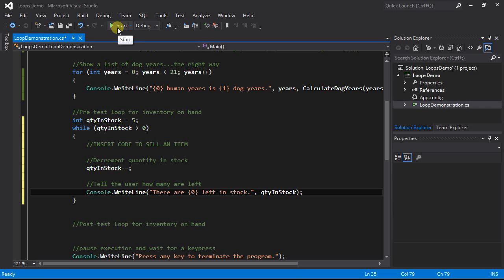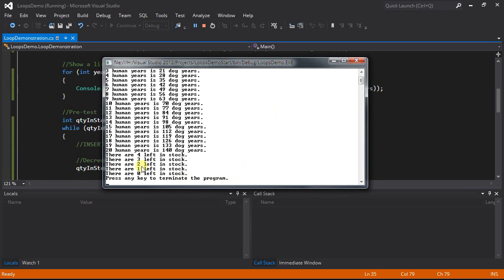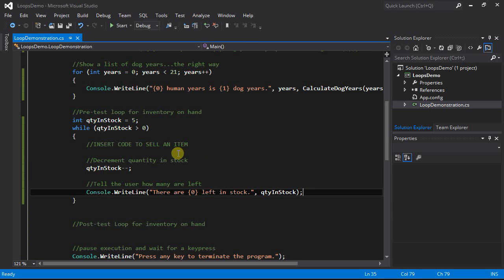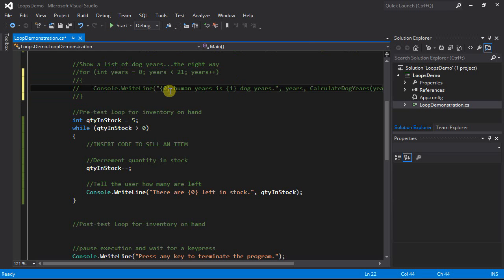So let's run this. There's all my dog ears. And then down here is my new loop for my quantity in stock. So that loop was run 5 times, 1 for each item we had in stock, and it didn't continue running, which we didn't want it to, because then we would be selling stock that we didn't have. Good. I'm going to comment out this code up here so we don't see those human ears and dog ears